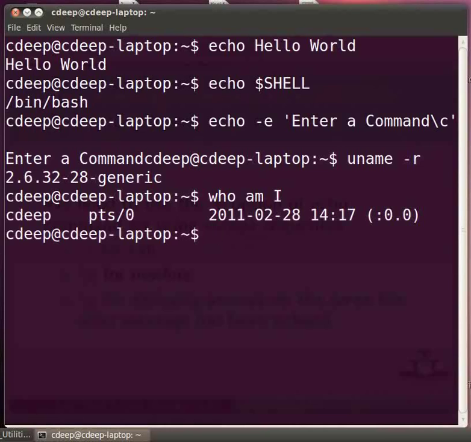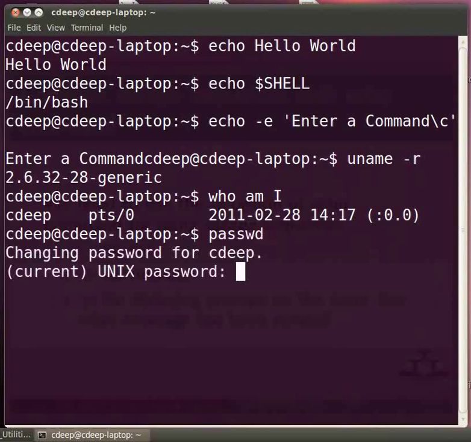Sometimes your login password may get compromised or you may want to change it. For this we have the passwd command. Type at the prompt passwd and press enter. When you type this command, you would be asked to type the current password. Here I would be typing my system's current password. When that is correctly entered, you will have to enter your new password and then retype it to confirm.